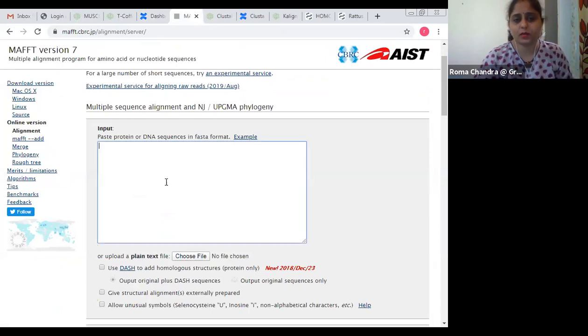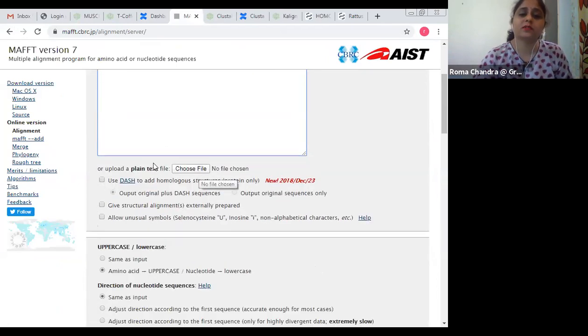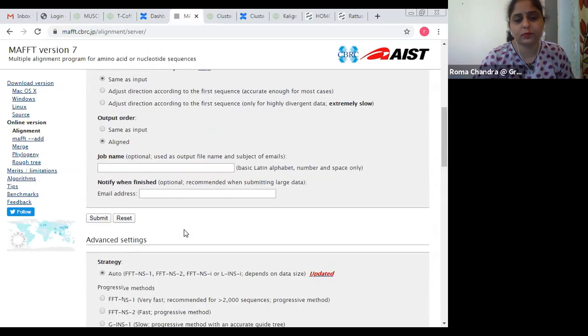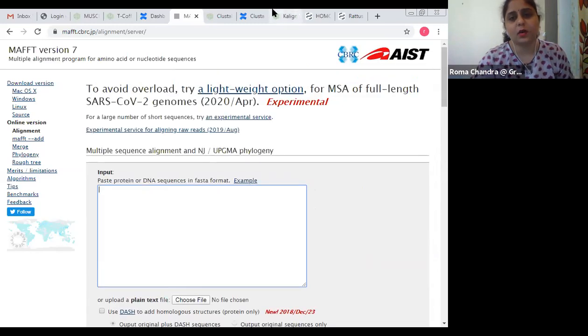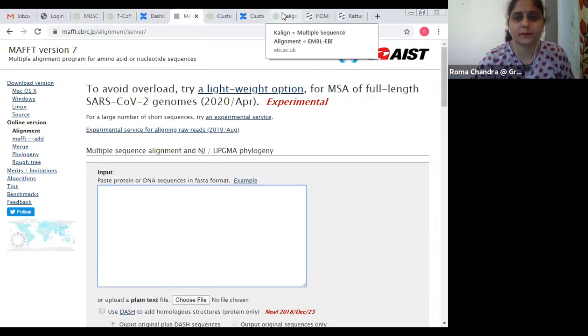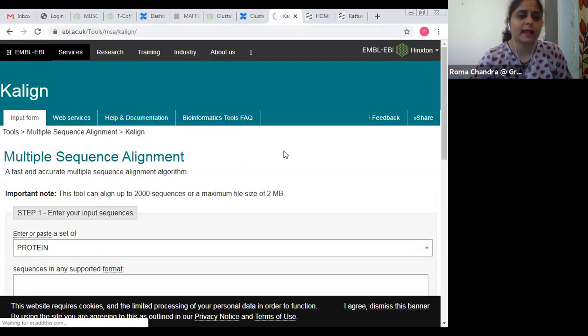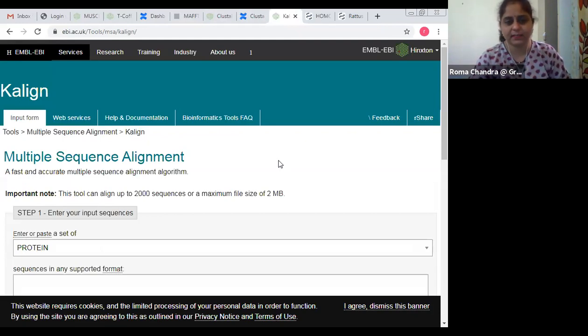Again, it is the text box where you can paste your sequence, or you can just browse the file, put it in Notepad and browse it, a plain text file, and you can have your results. Use it obviously for both proteins and DNAs or nucleotides like RNA as well. Okay, K-align is also there, and K-align is working. There is actually L-align. So L-align works just for pairwise alignment, but this K-align is helpful for multiple sequence alignment. And for the 500 limit, I can go for T-Coffee.